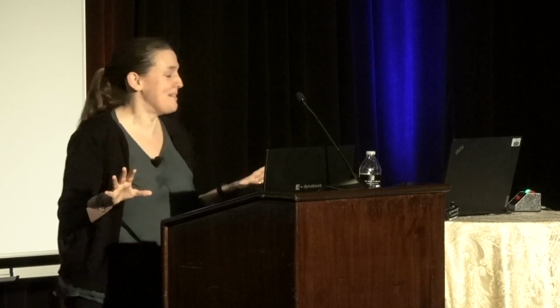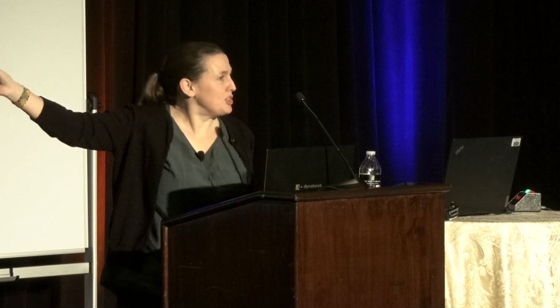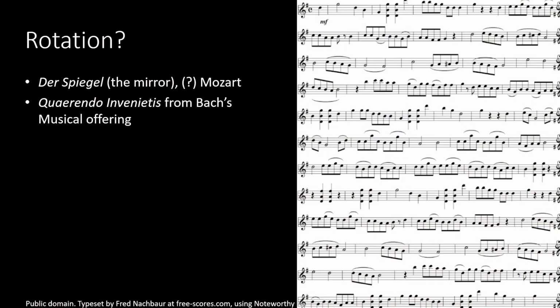So that's some really cool examples. I encourage you to go on YouTube and find people playing this. It's a duet here. This, Der Spiegel, confusingly called the mirror, even though it's rotated. Anyway, never mind. It's attributed to Mozart, but I think there's a question mark over the attribution, perhaps. But this is a duet for 2 violins. It's really brilliant. Go and find it and watch it.